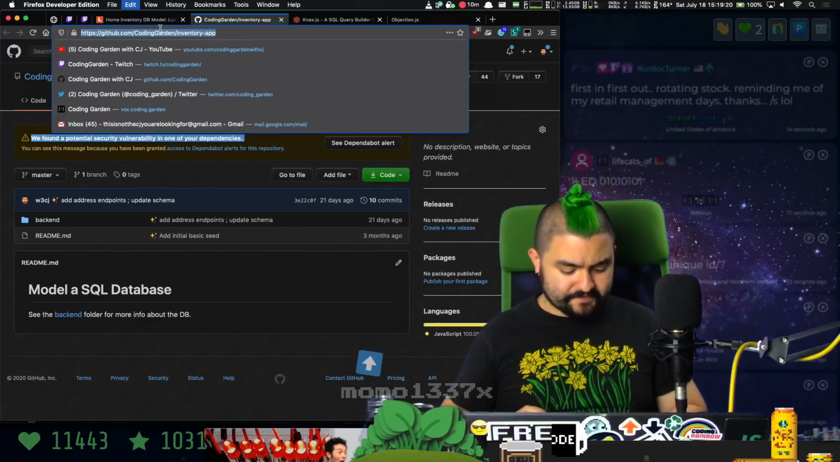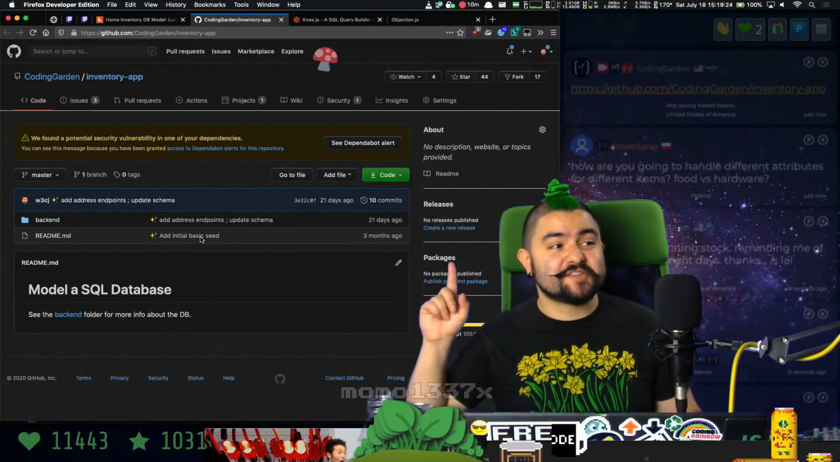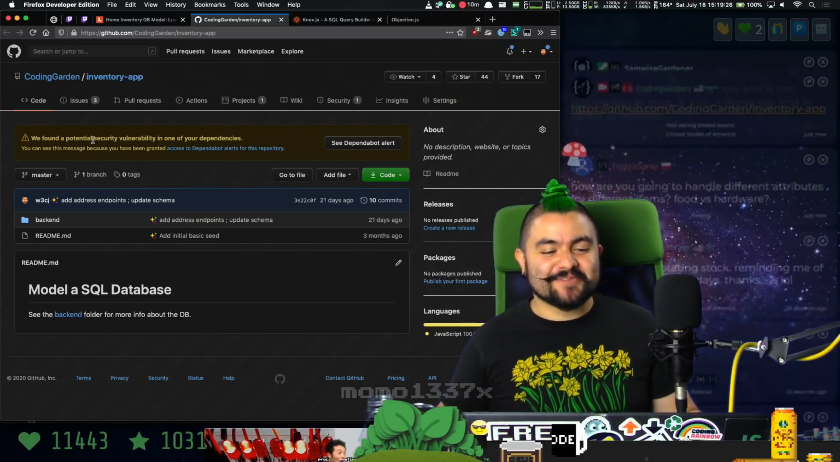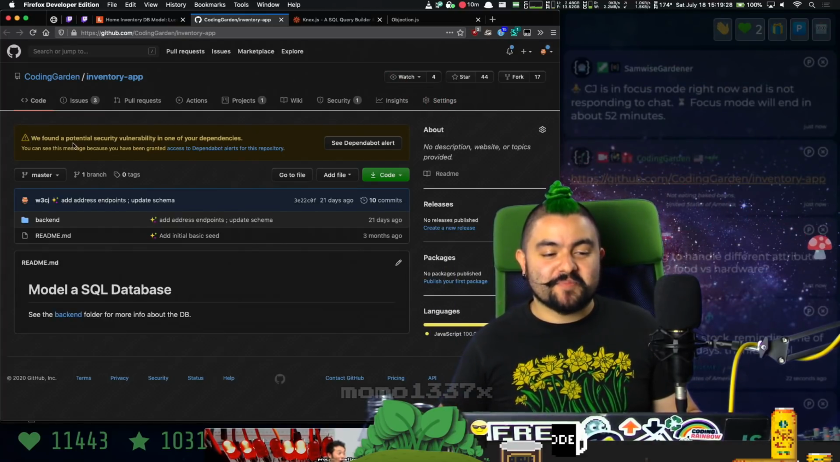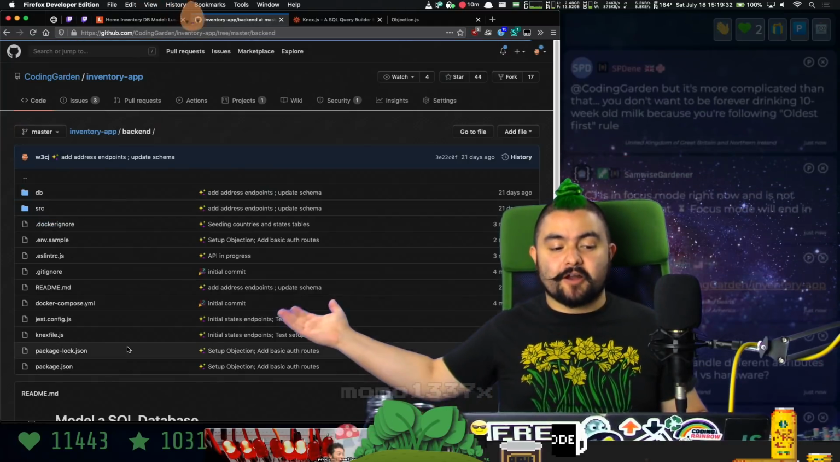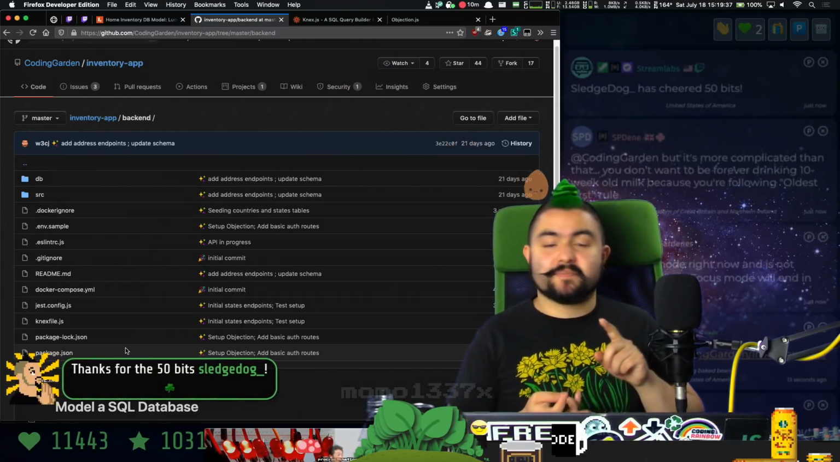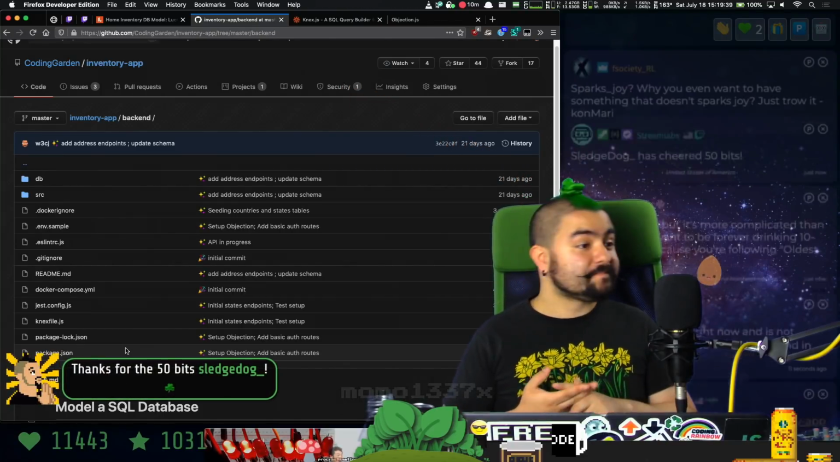So the code is here. It's totally open source. You can watch all those videos to see me code on it. But the first thing I'm going to do is fix these dependencies. So you can see right now, it says, we found a potential security vulnerability in one of your dependencies. And it's mainly because our backend code here has dependencies for our database driver, dependencies for our backend API, and